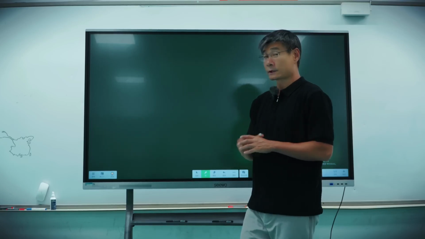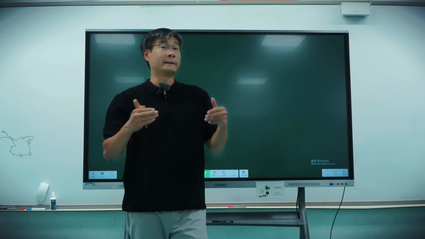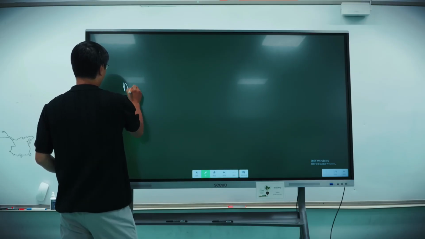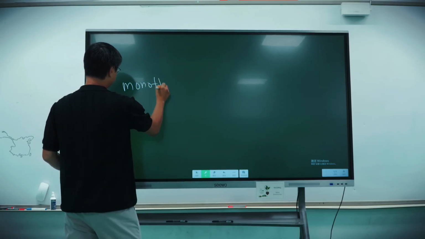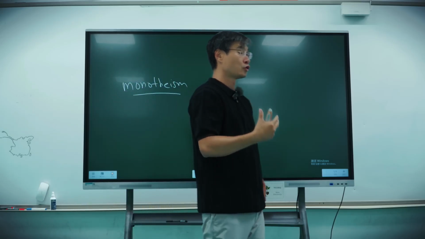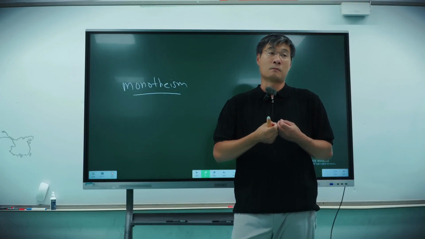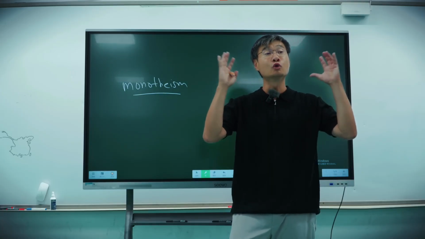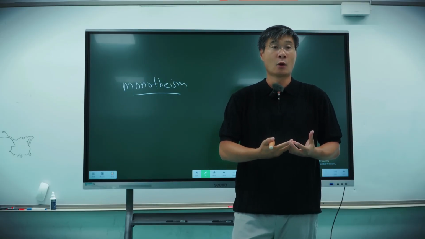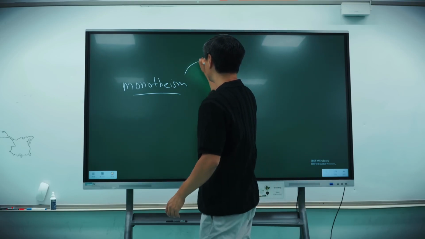Okay, so let's start class. I'm going to review very quickly what we did last class. So last class, we learned about monotheism, which is the idea of one true God. And as I said last class, this marked an intellectual revolution in human history. And from monotheism, we developed three new ideas, which are money,